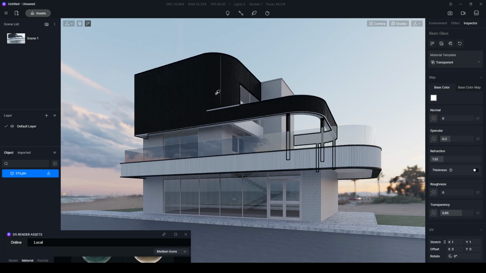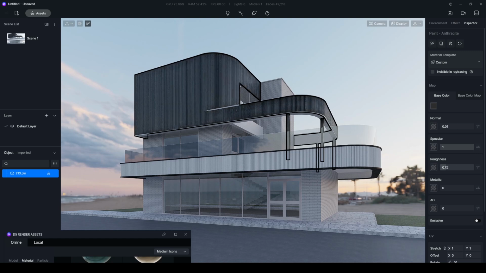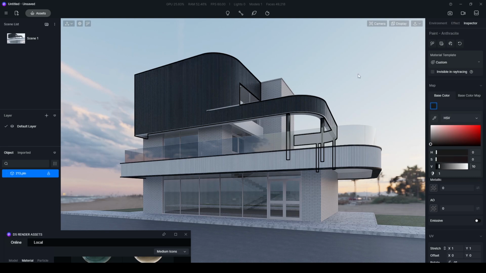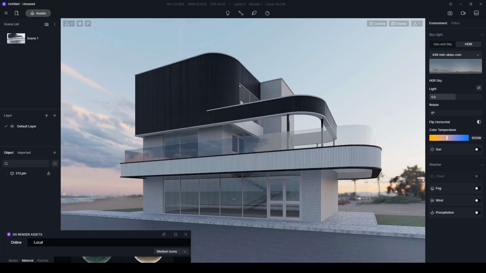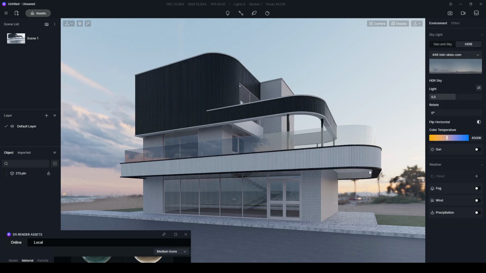Just like that. For the black bars, I'm gonna play around with the settings with the original. I will increase the specular for this one and I'm gonna change the roughness. Now we can see the details. Maybe we can reduce the spec color again, and we can also change the main power of the base color. Something like this would be okay. Just like that.